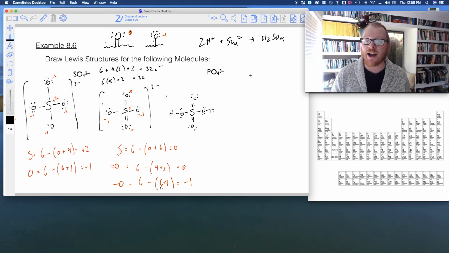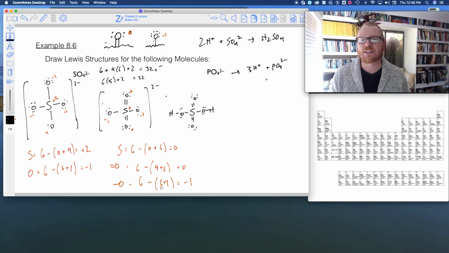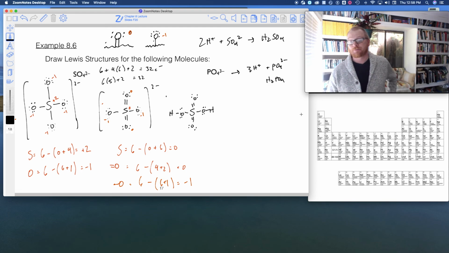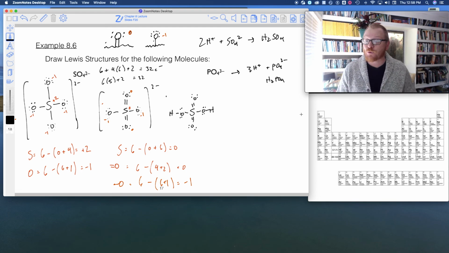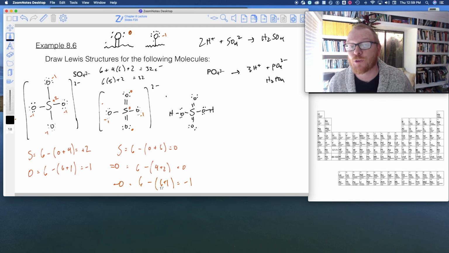And I'll give you a hint. We know that when we add 3 hydrogens to this thing, right? If I say 3H+ plus 1 phosphate, we make phosphoric acid. So it seems reasonable that there's probably 3 single bonded oxygens and 1 double bonded oxygen. See if you can come up with that on your own. Okay? I'm going to move on to the next